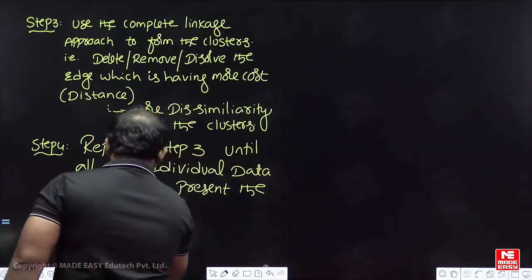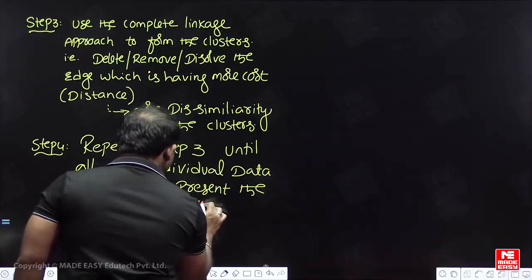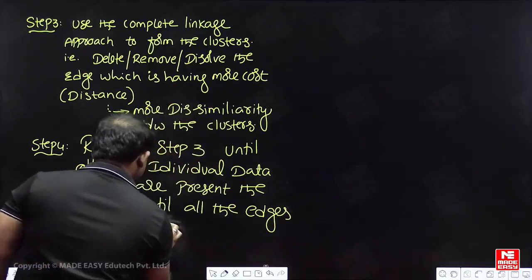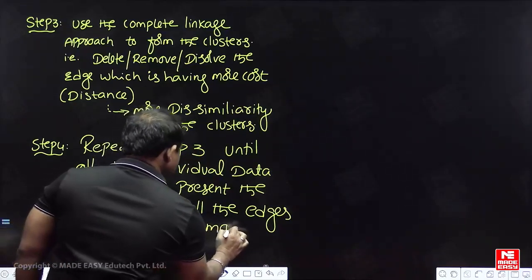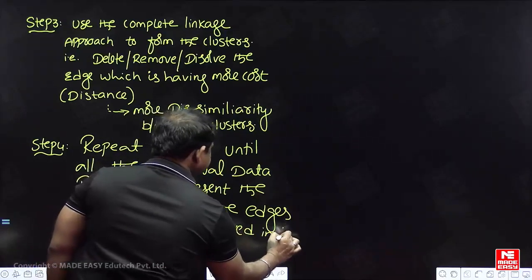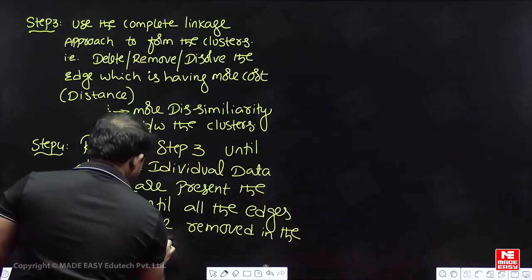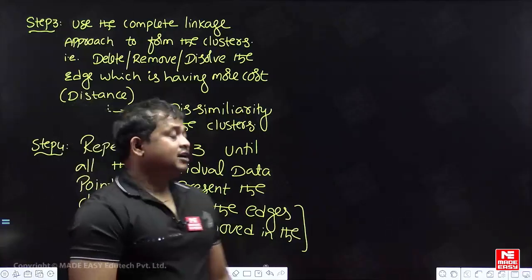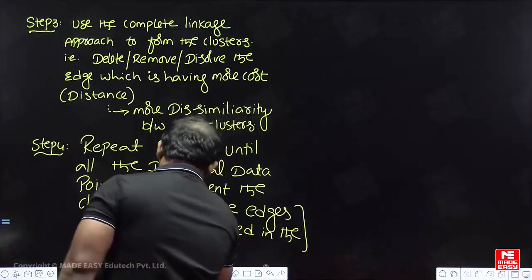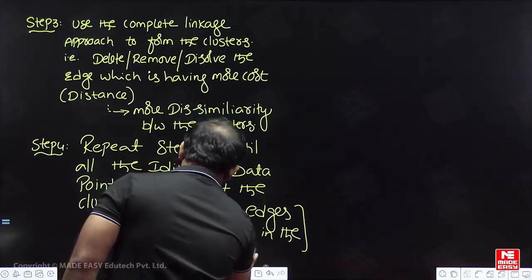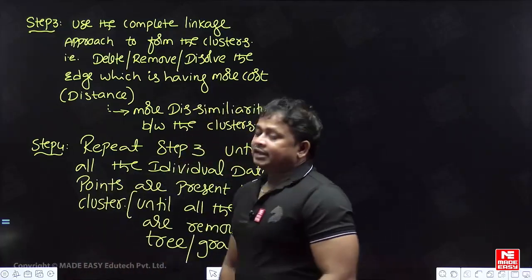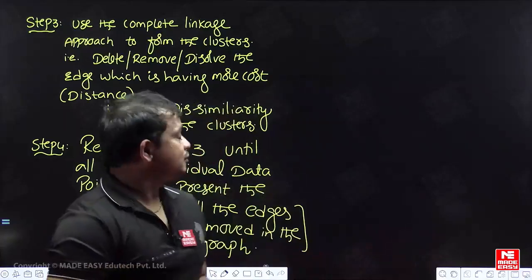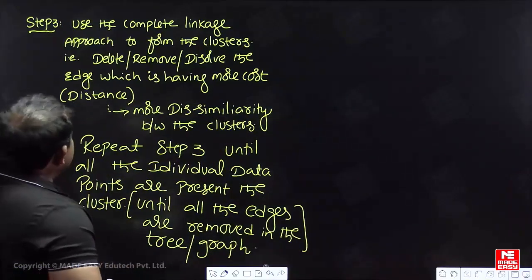That means until all the edges are removed in the graph or in the tree. Because the minimum spanning tree is an undirected graph. There is no direction. Undirected graph. Okay. So this is the meaning of